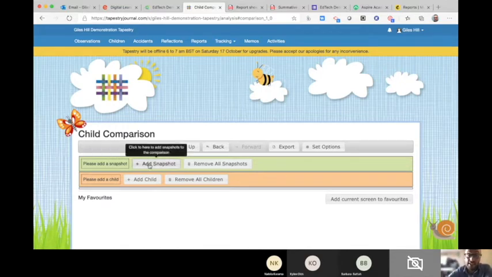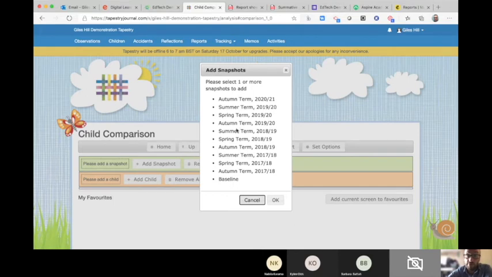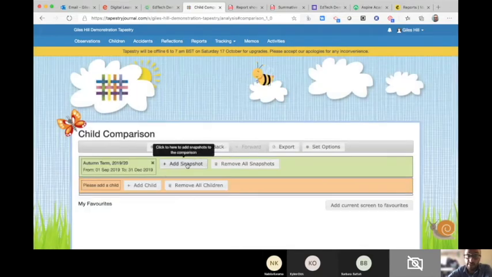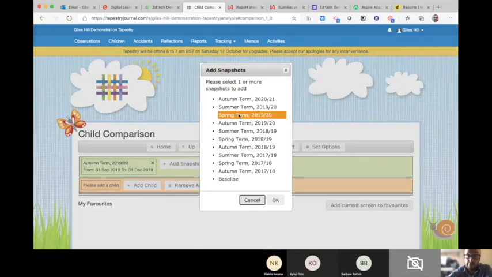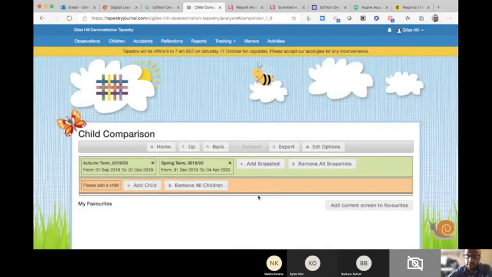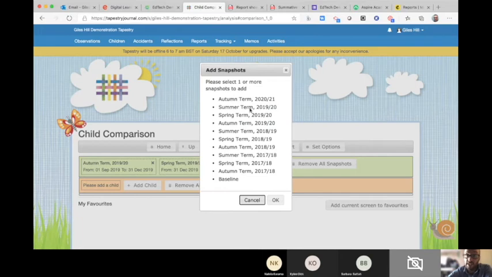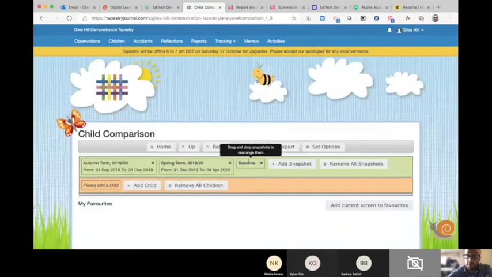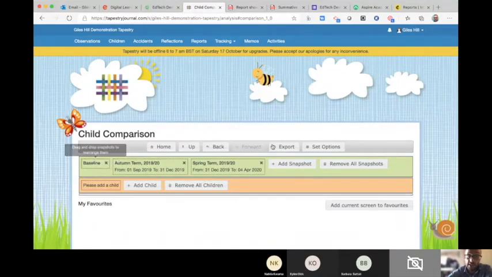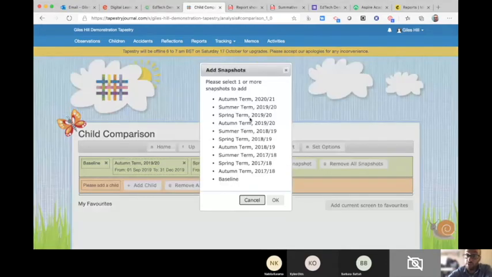And if I add in snapshots here, so I'm going to go from here where there's data, and this is data from last year. It's all fake data, but that's where it is. So I'm putting in 3 snapshots there, and of course you can put in the baseline as well, which is useful. Let's put that at the beginning. This can start to be used,